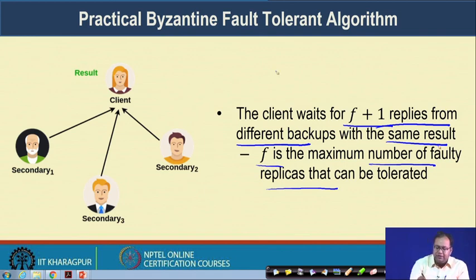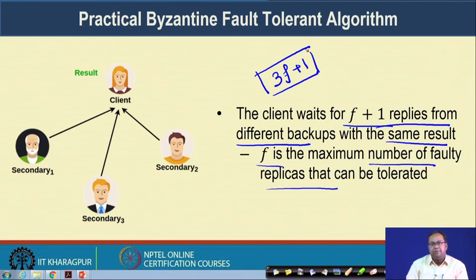Remember that in this PBFT algorithm, you have 3f plus 1 replicas. Out of these 3f plus 1 replicas, f replicas are faulty.